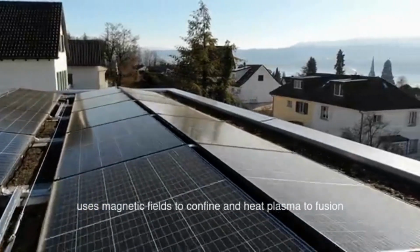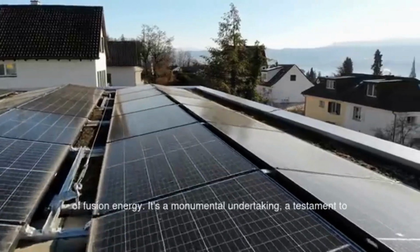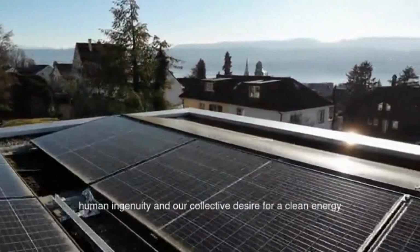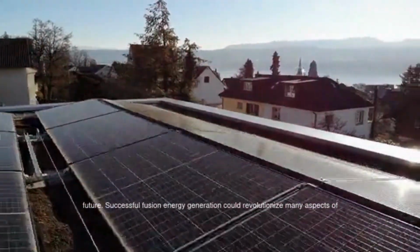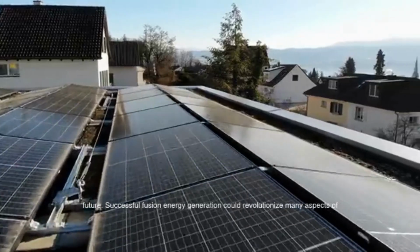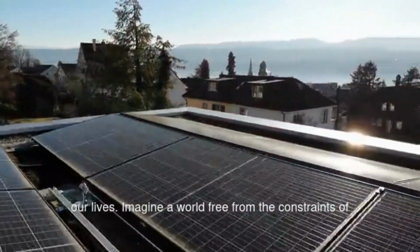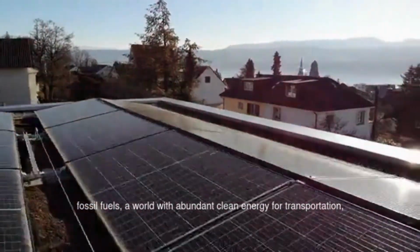ITER aims to demonstrate the scientific and technological feasibility of fusion energy. It's a monumental undertaking, a testament to human ingenuity and a collective desire for a clean energy future. Successful fusion energy generation could revolutionize many aspects of our lives. Imagine a world free from the constraints of fossil fuels, a world with abundant clean energy for transportation, industry, and